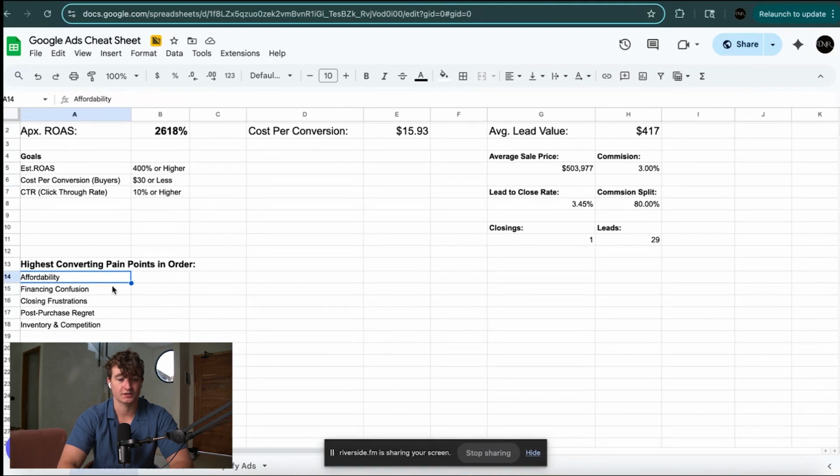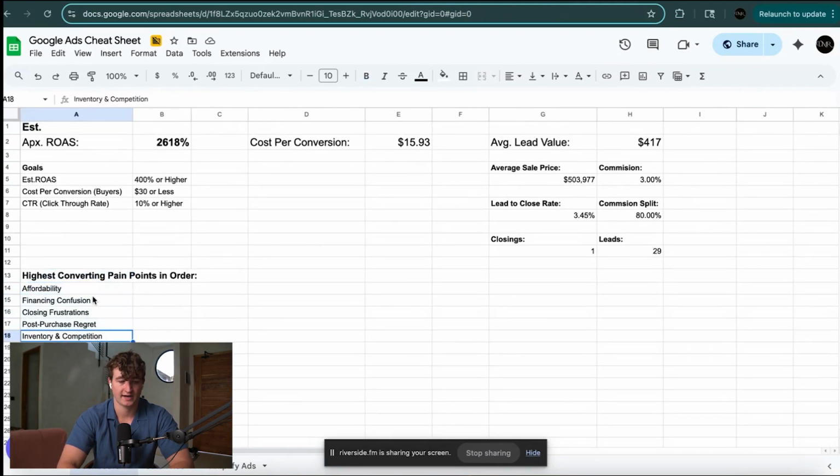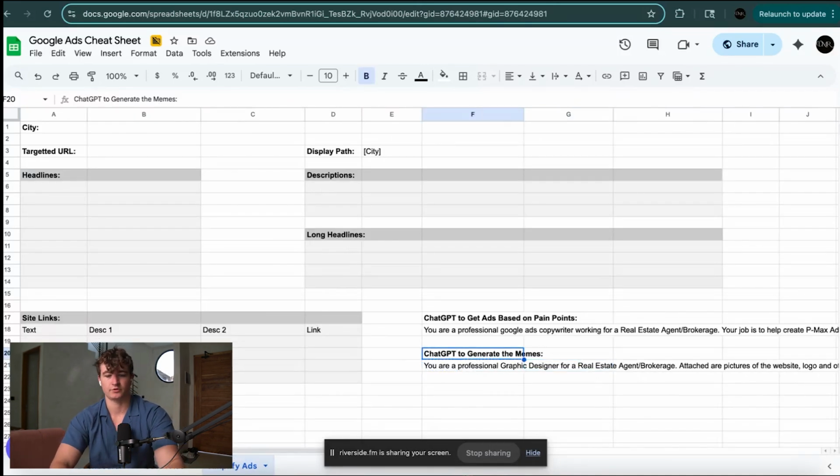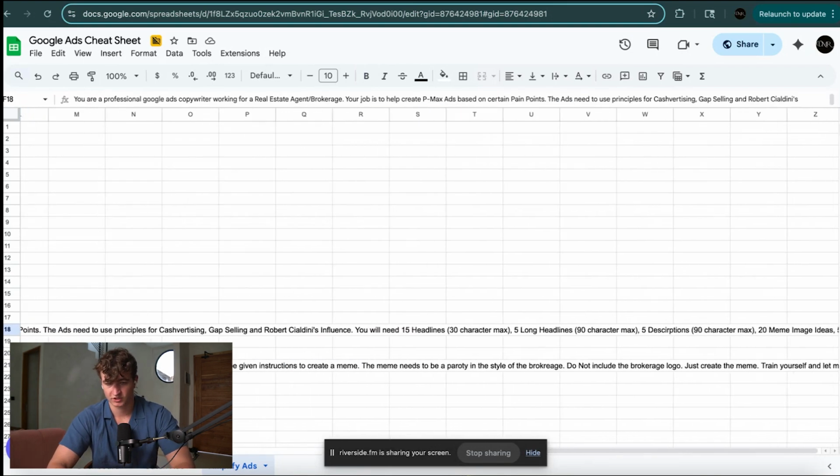And so first things first, highest converting pain points in order. And I've tested this with thousands upon thousands of dollars in ad spend. This is the order that we find we get the most converting. So it's affordability, financing confusion, closing frustrations, post-purchase regret, and then inventory and competition. So affordability is the one we're going to use today. That is the highest converting, and that one is actually by quite a bit. So what I did here is I created a ChatGPT,